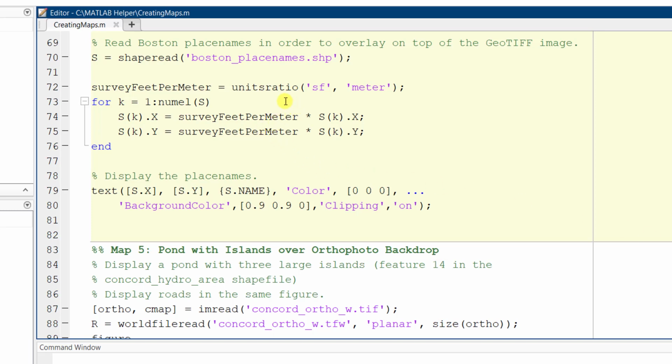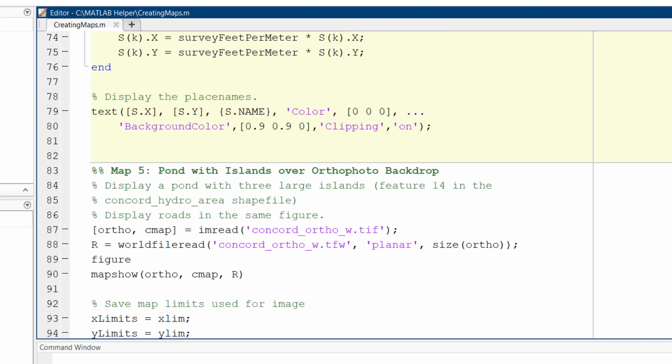We are calculating the unit ratio of the map areas so that it can be labeled. Now each place name, the text of each place name, is displayed near its location.